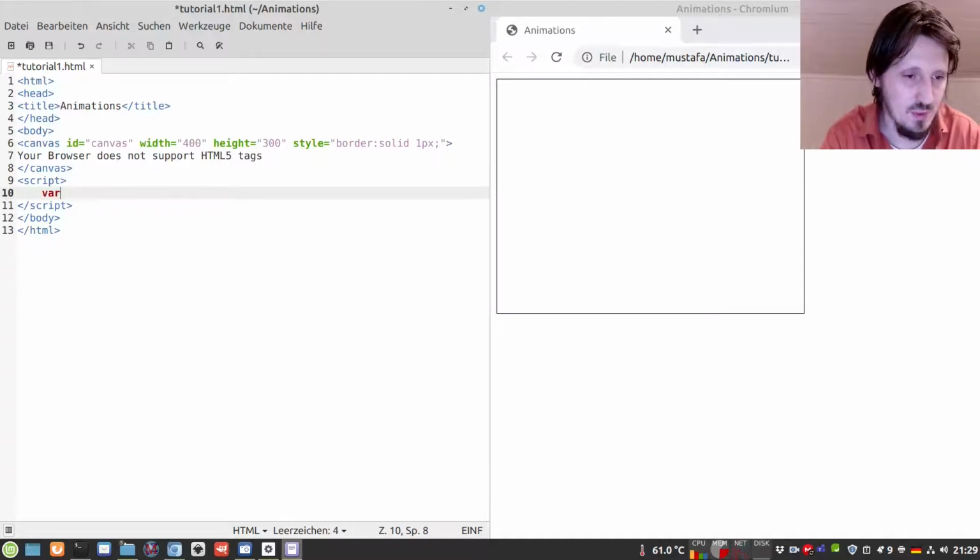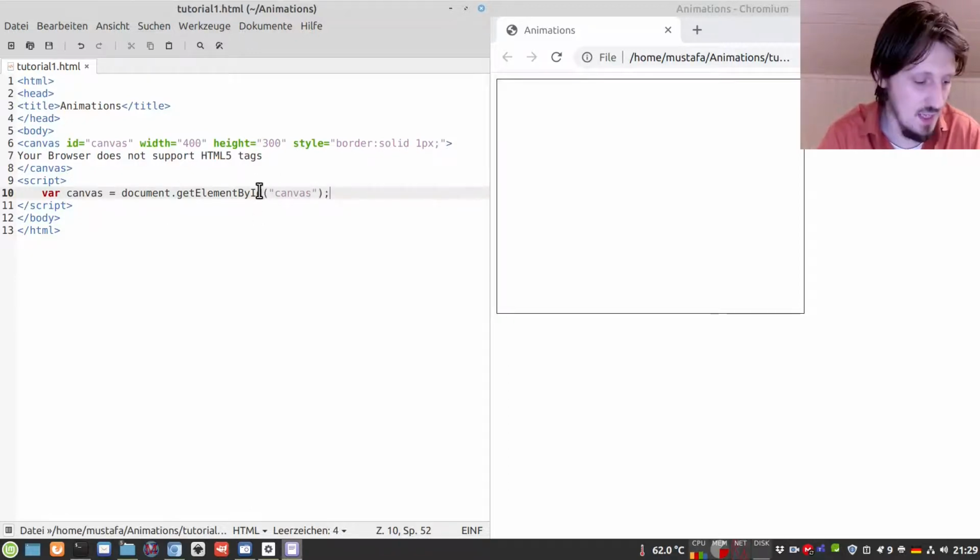So the first thing we need to do if we want to do anything with drawings or animations is declare a variable, which we call maybe just canvas, but of course you can also call it differently. Then we write document in order to get access to our HTML5 website, and then the function getElementById. Now you can see why it is important to be consistent. We have to get access to the canvas which we created here, so we put the ID name into this function as an argument.